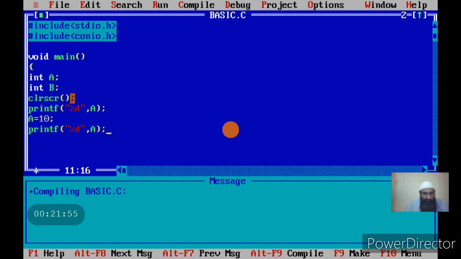Then I am clearing the screen. Then I am printing A, whatever value is in the A. Since up to this point I have not given any value to the A, A will be holding a value that will be called a junk value. We don't know what value it will be, but it will be printed. Next I am assigning the value 10 to A. This is how I understand the assignment statements, that putting the value 10 in a memory location A, and if I am true in saying what I have explained, then 10 should be stored in the A.